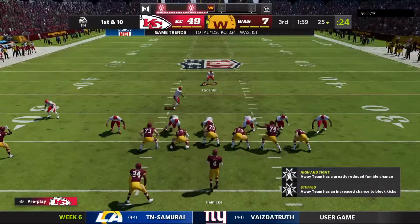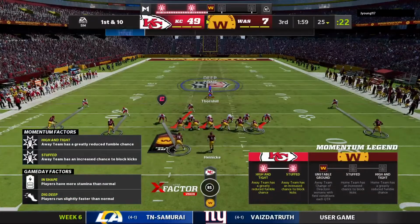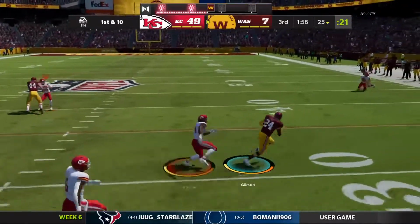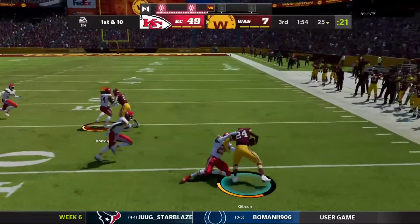The Washington offense at the line and ready to roll. They've got to dig down deep. I mean, they need something right now, really anything to cling on to. This offense has struggled. Partner, join me in a walk to their...